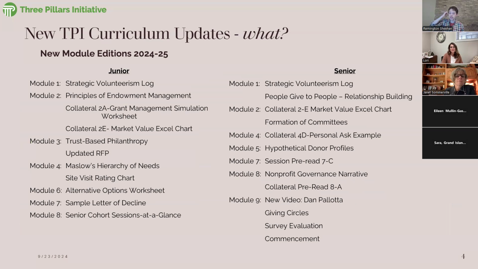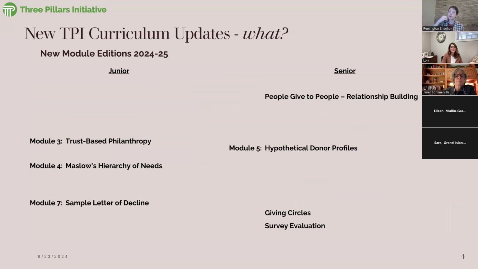For the module additions, that's the second part of the updates. These are all the different junior and senior updates that you were able to see. The specific ones I want to point out here are these ones though. Module 3, 4, and 7 had updates in the junior year, and then there's a few specific topics in the senior year that also got updates. These were all general updates, but a few of them are more in terms of the approach, some more than what the words are and what the specifics of it are. And so I'll talk about that right now.